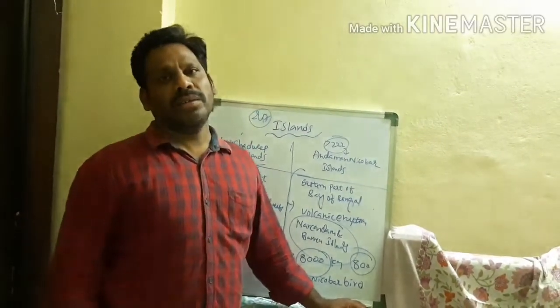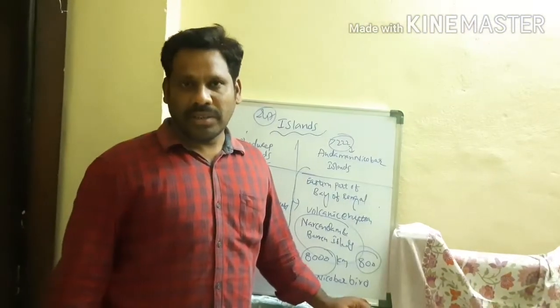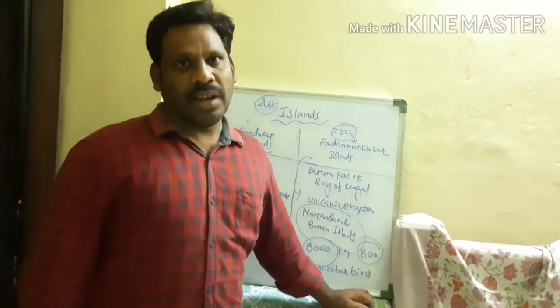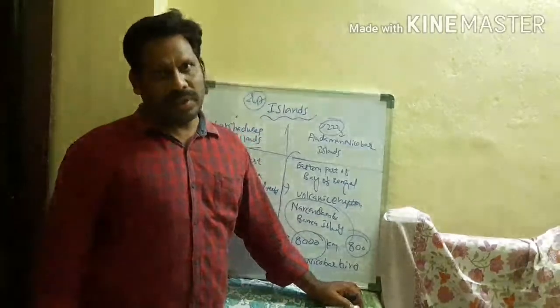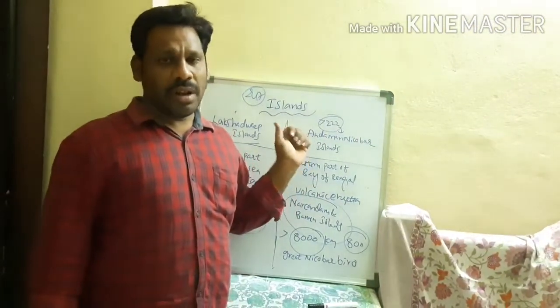When you compare plateaus and plains, plains are very good for growing crops in the agriculture sector. Plateaus are not as suitable for growing crops as plains, as we discussed. And the Deccan Plateau, what are its boundaries, we also discussed. And coastal plains: western coastal plain, eastern coastal plain.